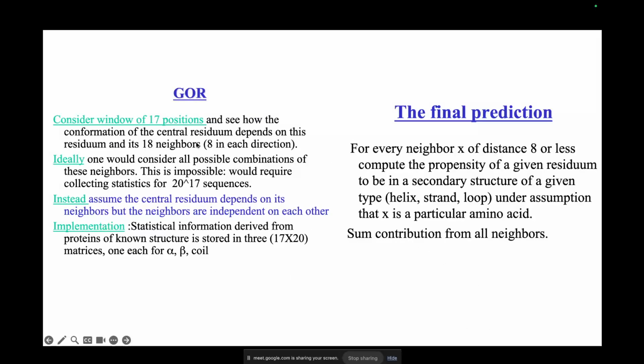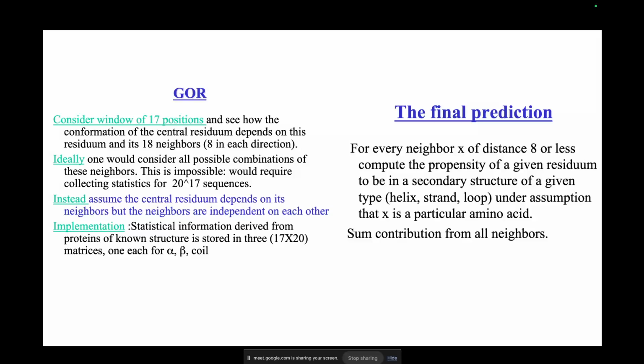In this case, they consider a window of 17 positions and see how the conformation of the central residue depends on this residue and its neighbors, 8 in each direction. Ideally, one would consider all possible combinations of these neighbors, which is impossible. You have 20 amino acids, and if you are seeing 17 positions, it is 20 to the power 17 sequences, which is computationally not possible. Instead, you assume that the central residue depends on its neighbors, but the neighbors are independent of each other. And you can use some statistical method